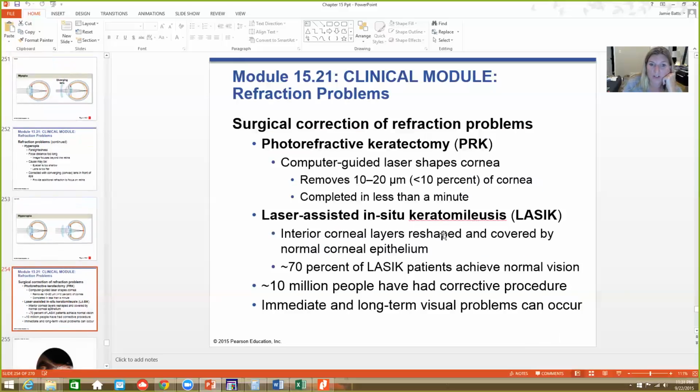Surgical correction of refraction problems can be done through something called PRK, or photorefractive keratectomy. This is a computer-guided laser surgery, basically reshaping the cornea, or LASIK, laser-assisted in situ keratomileusis. This is when the interior part of the cornea is reshaped and recovered by corneal epithelium. 70% of LASIK patients achieve normal vision, a high success rate,